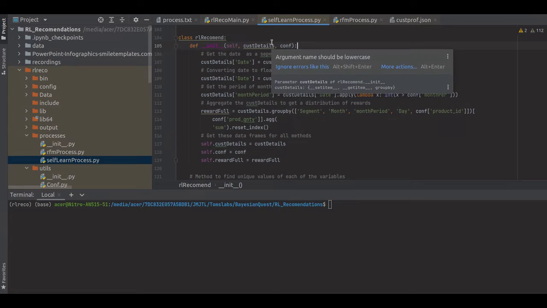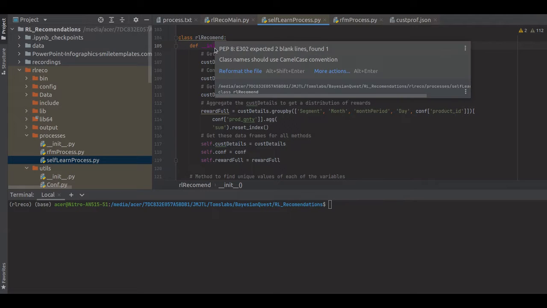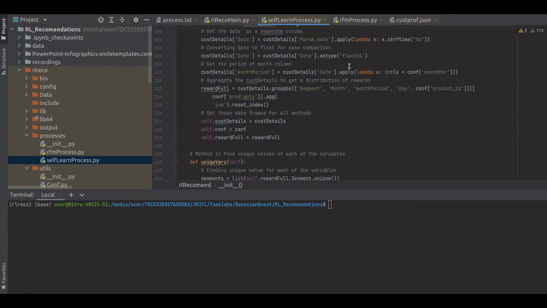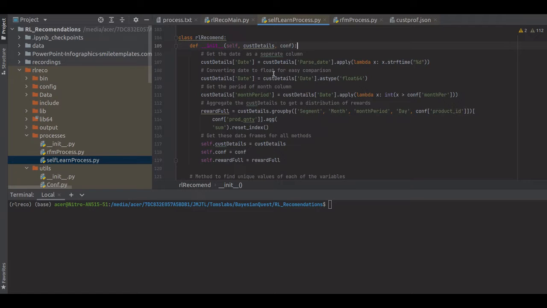So this is a very long class, so we'll go method by method. Different methods are there, and these methods are for recommending the products. So we'll go one by one. So the constructor is again like the earlier class, the